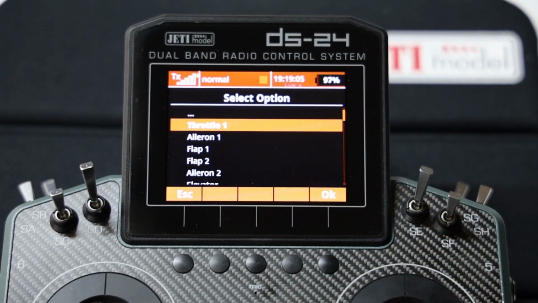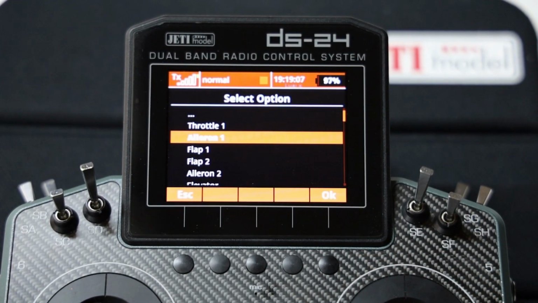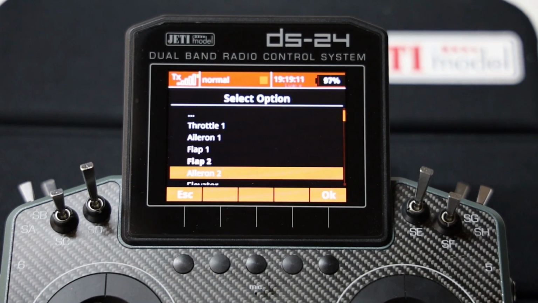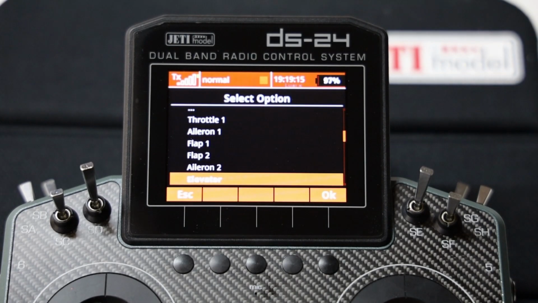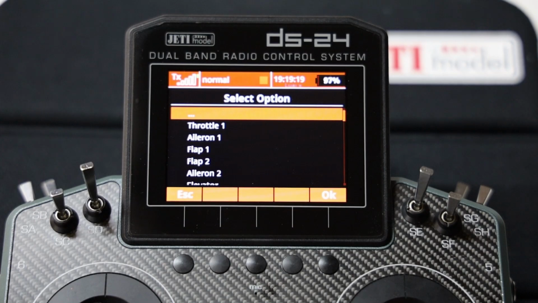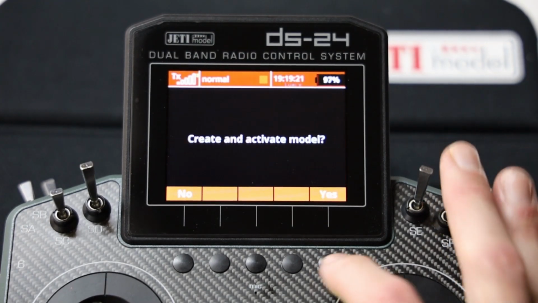This menu is Servo Assignment. Here you select the receiver outputs. I always set up my models in the same way. Start with the left aileron as number 1 and then move all the way to the right aileron. Every next servo I come across will get the next number. After you finish with your servo assignment, you hit the Next button and then you can create and activate your